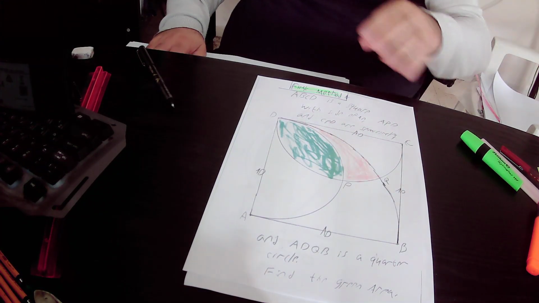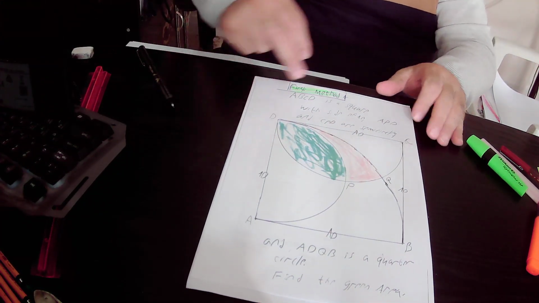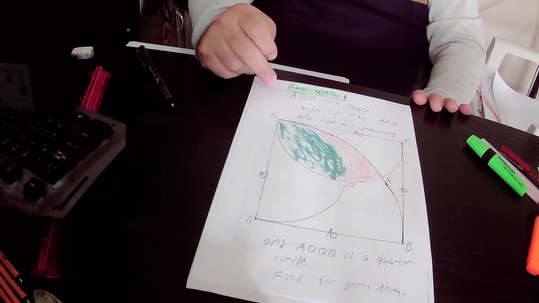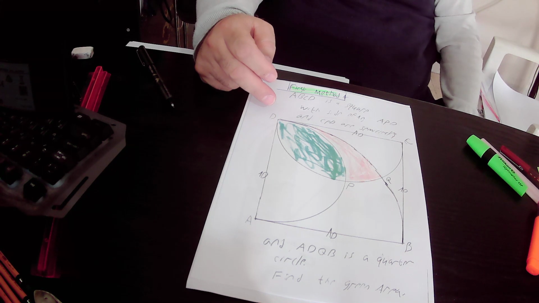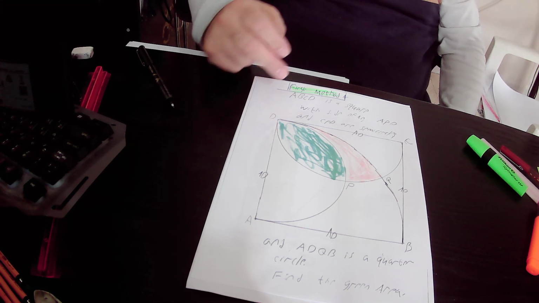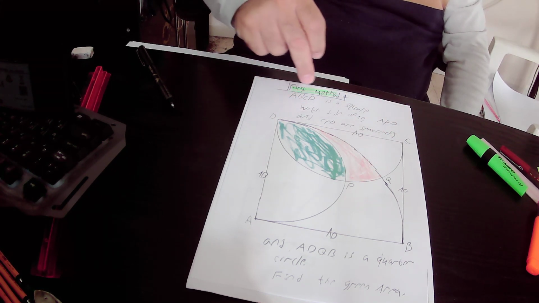Hello, in this lecture we'll find out the area of the orange shape. In the drawing we have square ABCD. One side of square ABCD equals 10 units. Inside this square we have two semicircles,